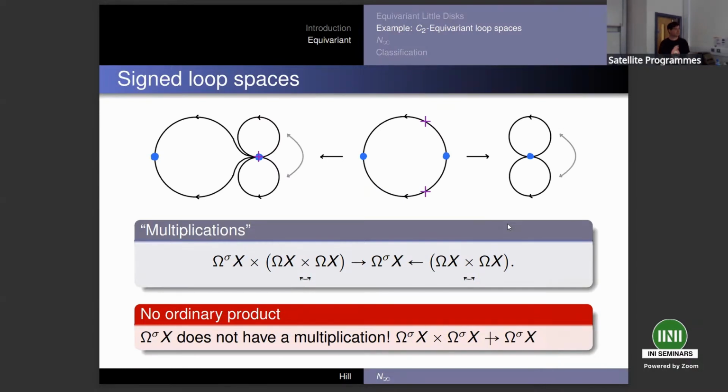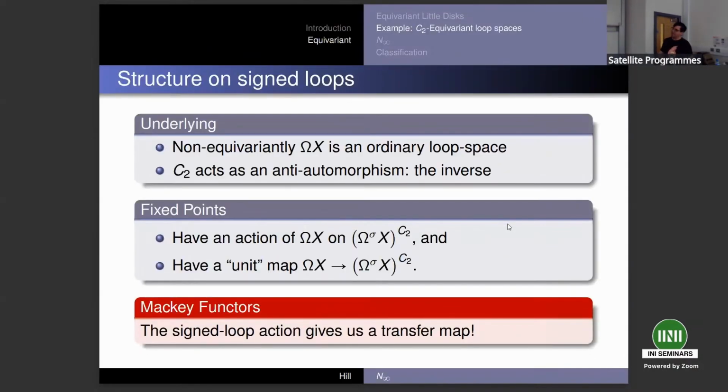I just have this kind of twisted one. But if I unpack what this does in the algebra, again, I want to think from this sort of Elmendorf perspective, then I have an ordinary loop space if I forgot all of the equivariance. But when I remember just the underlying thing with it, then the group was acting by swapping that circle. That's the usual inversion in the loop space. And the inversion in a group is an anti-automorphism. It's an isomorphism between the group and its opposite. And so here I have a C2 action on the loop space that's acting as an anti-automorphism.